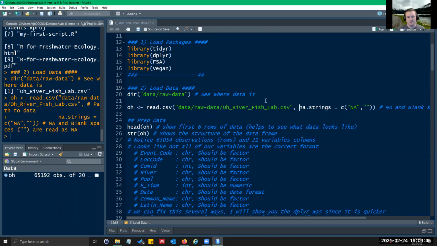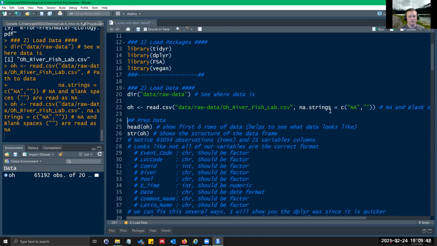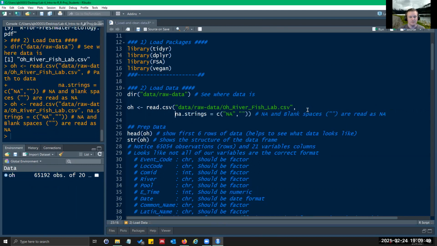It just isn't as easy for me to read it, and it would work just fine. But I like to have it on 2 lines, and it does this nice indentation so I can see. And if I ever got confused by my parentheses, if I just put my cursor there, it highlights that. If I put it here, it highlights that. So it tells you which parentheses are closed.